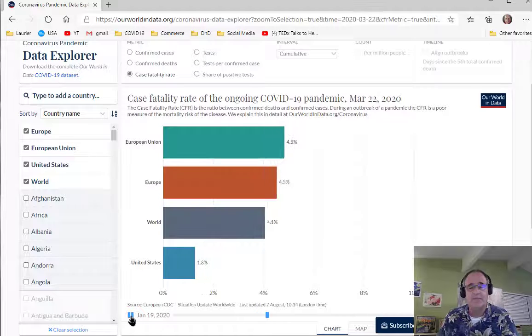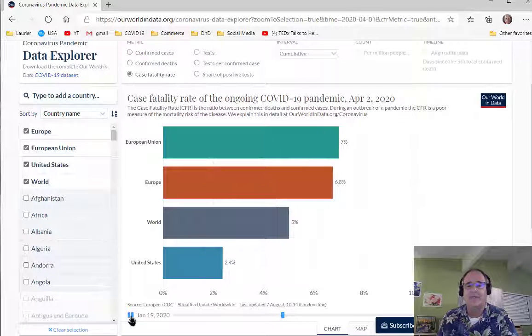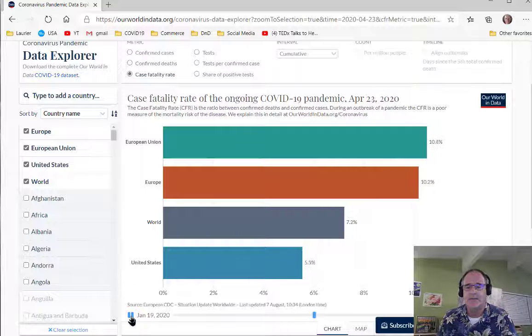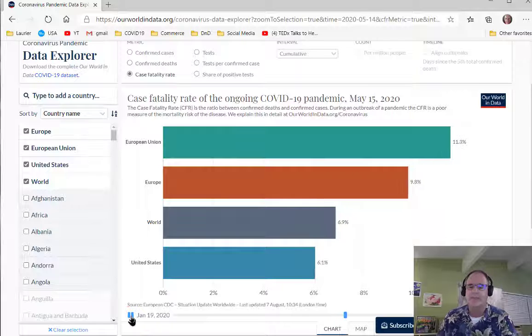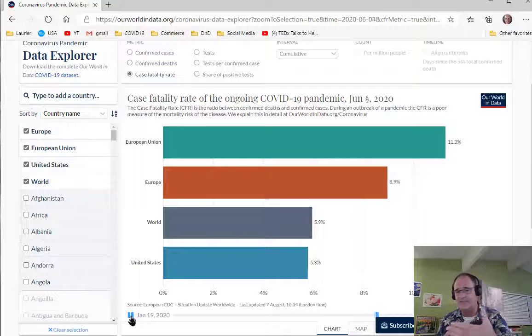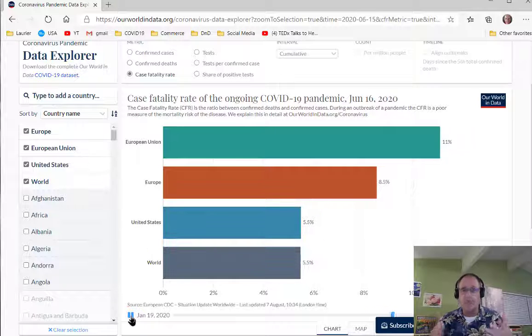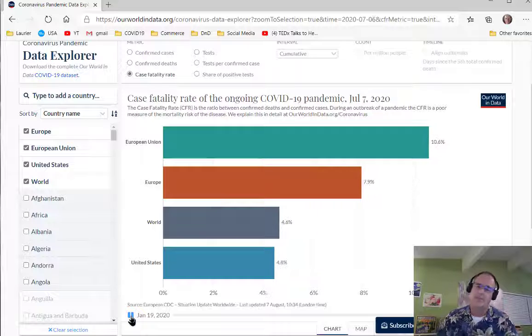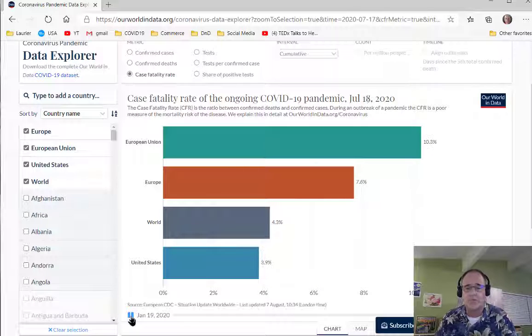The European Union is in the lead. It has the highest number of deaths per case. Europe very close behind. The world in 3rd place, and the United States is last, which of course is first. But through time these things are changing. Now the European Union and Europe are starting to separate, and whoa, look at that. Oh, the US is now 3rd, not 4th. Nope, it's 4th. No, it's 3rd. No, it's 4th. So there was a period of time when the world and the US were neck and neck